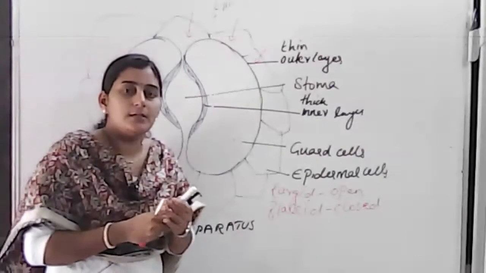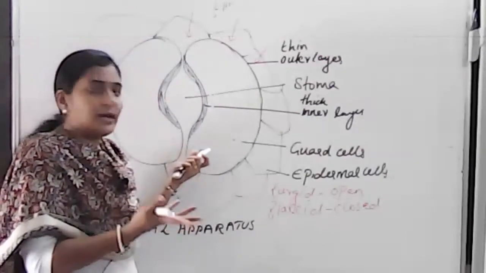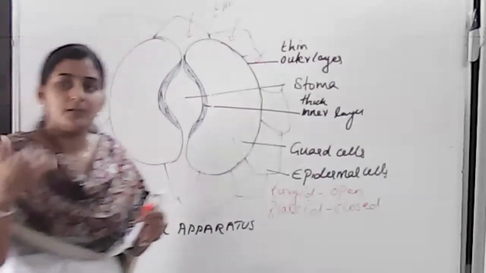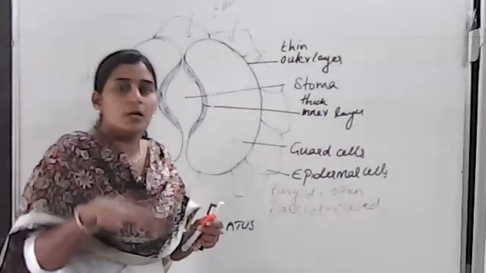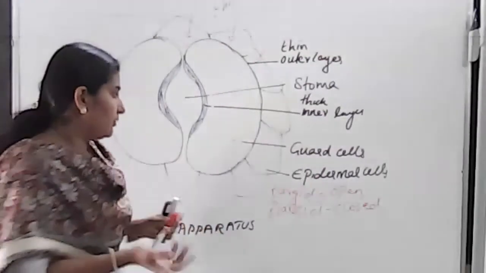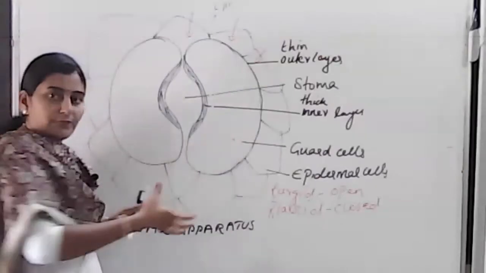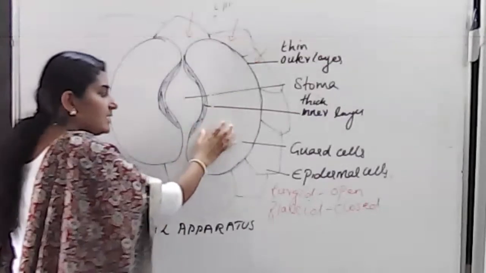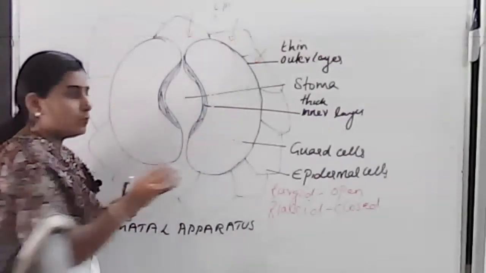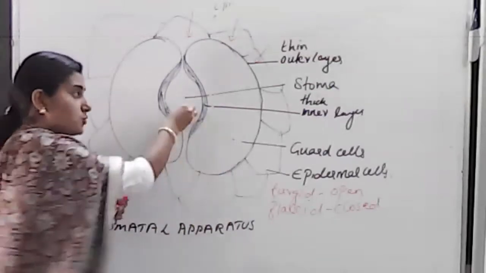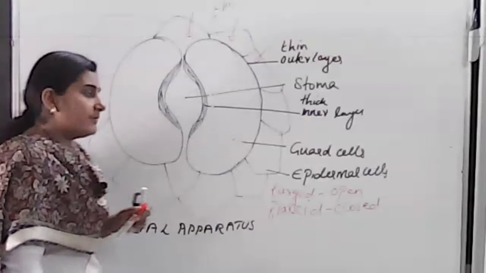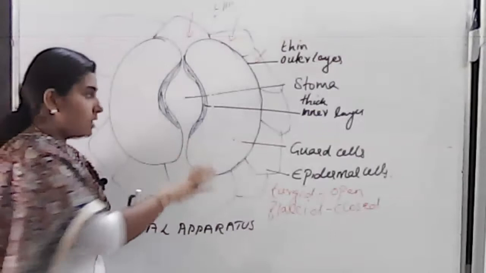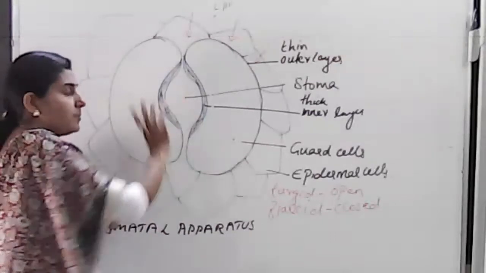So at what time will stomata be open and at what time will they be closed? You can see that during daytime, stomata will be opened more compared to night time. During daytime, a lot of water will be taken through roots towards the xylem, and from xylem it will be carried towards the guard cell and it becomes turgid, and when it is fully stretched with water, the stoma will open and water will be given out. And during evening time, what happens? Much water is not lost, photosynthesis is not taking place there, and the stomata will be closed.